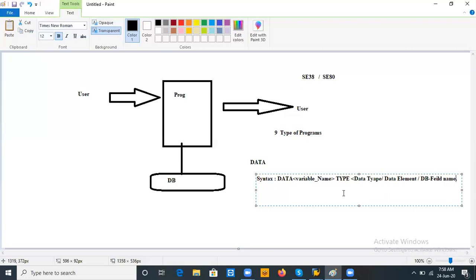And note one more thing. After declaring your variable, at the end it should be concluded with a dot. Always keep it as a dot. Why the dot is required, I will show that also. Just make one note: every statement is concluded with a dot.